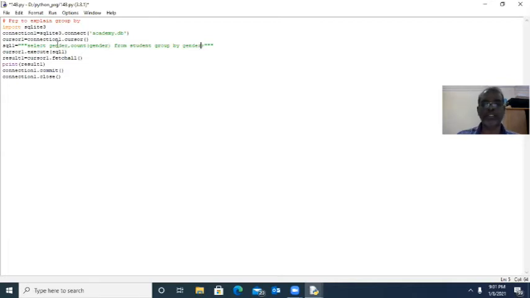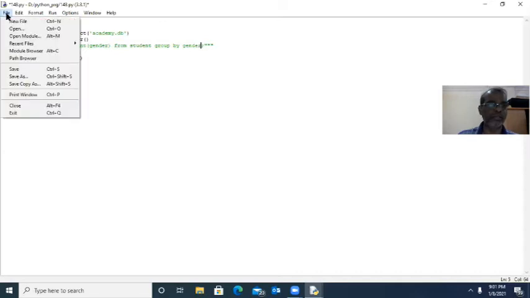We are having 2 genders, male and female. That means M and F. Count you know very well to add. Since we are putting group by gender, unique value will come only once, no duplicates. Here we are having 2 M, 2 F. Better we can have one more record, then we can easily understand.